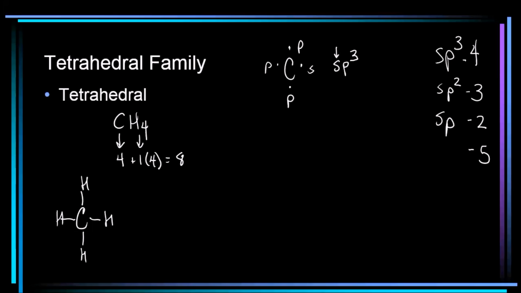You only have 1 s, so you use that up. You only have 3 p orbitals. You've used them up. That's 4. What's the next higher orbital? D. And if you need to bond 6 times,